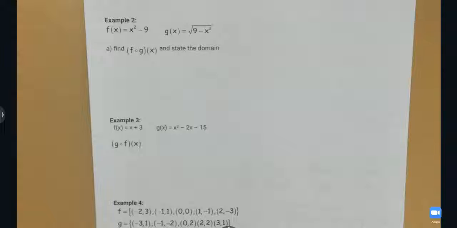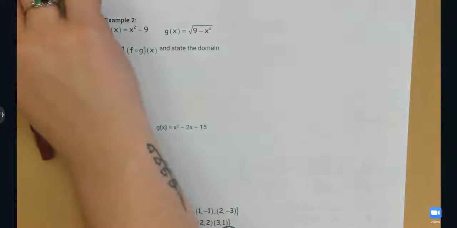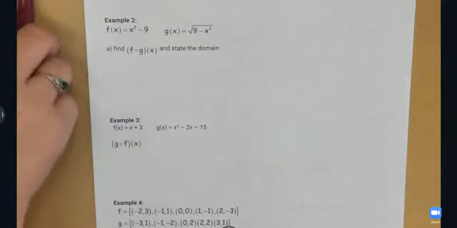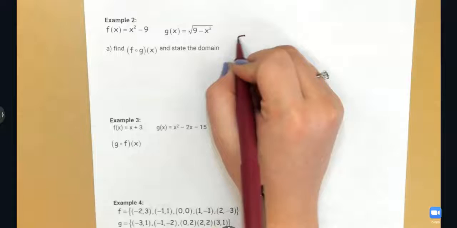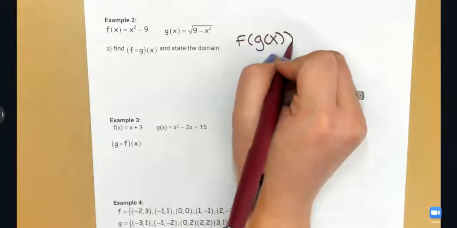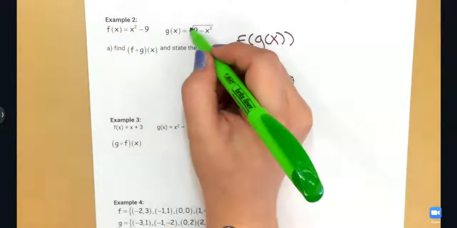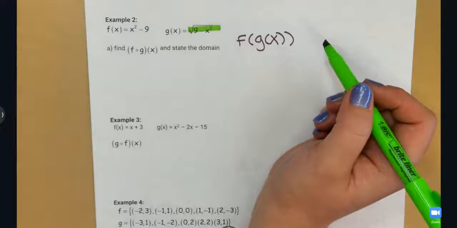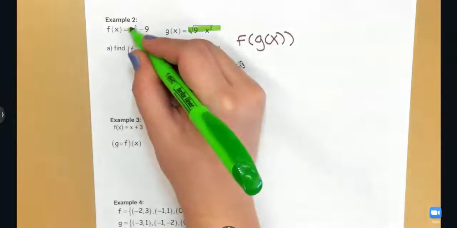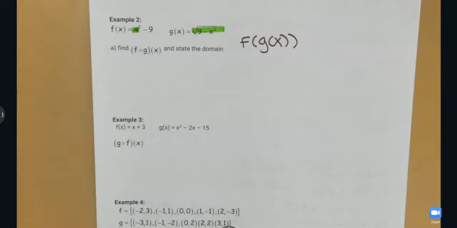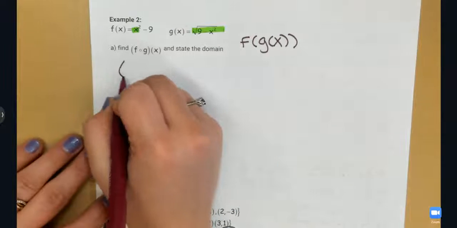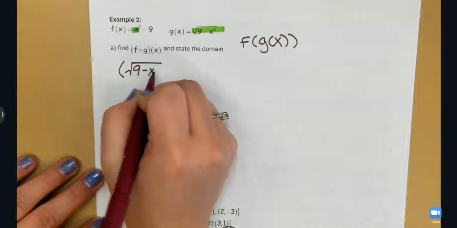Now let's talk about compositions. Compositions just means you are substituting your function into the variable of the other. So everywhere that you have an x, you're plugging in your other function. So f of g of x, another way to see that would be f of g of x. So I'm plugging g into f. So I'm plugging in this entire thing, the square root of 9 minus x squared, in place of x in my function. So that's going to be the square root of 9 minus x squared